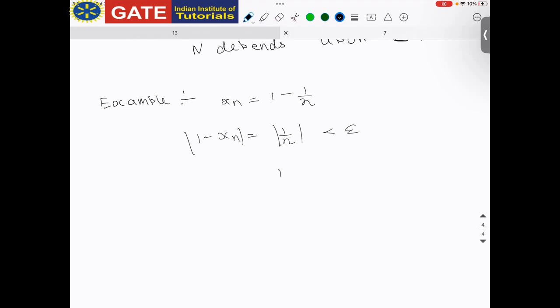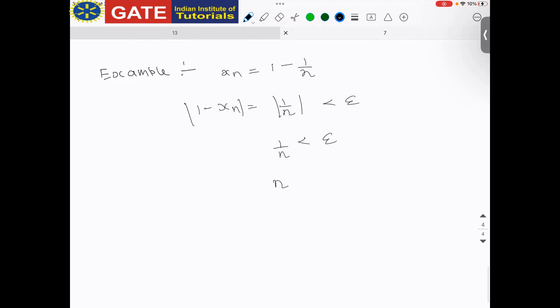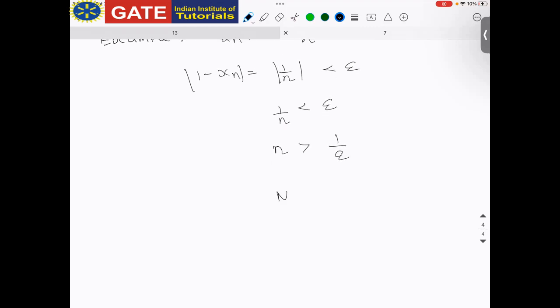1 by n is positive, so I can remove the modulus. So 1 by n is lesser than epsilon. That means n is greater than 1 by epsilon, right? So I can choose my capital N to be 1 by epsilon greatest integer plus 1, because I need this to be an integer. Now for n greater than equal to capital N,